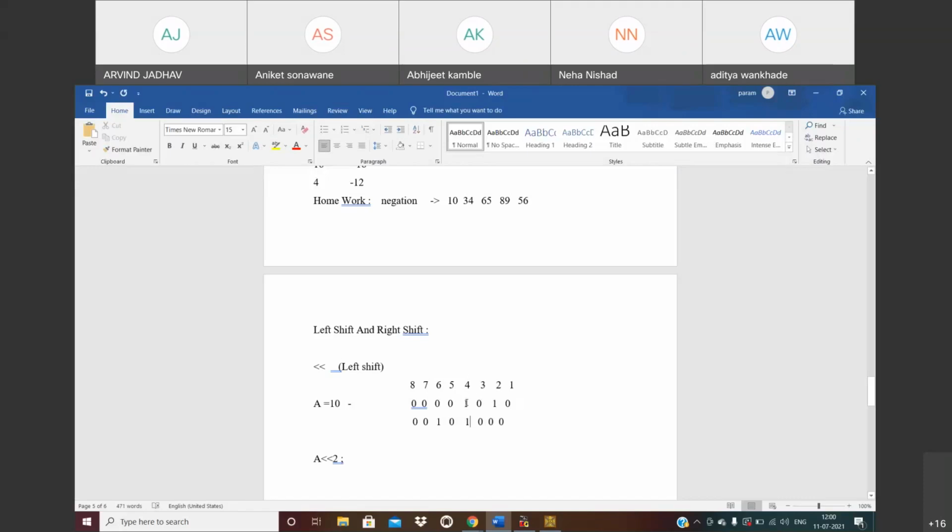सो वी नीड टू शिफ्ट दिस वन, ये शिफ्ट हमने कहाँ किया? 6 को, एंड 2 का कहाँ किया? 4 को। अब हमें इसे कैलकुलेट करना है। अब ये 6 पे क्या है हमें पता है, 6 नंबर पे क्या है? 128 64 32 16 8 4 2 and 1। राइट? सो ये बिट्स हमें वैसे ही शिफ्ट करने हैं। Now check out 32 and 8. That means we get the value as 42.